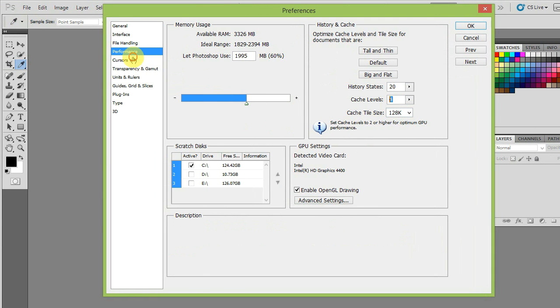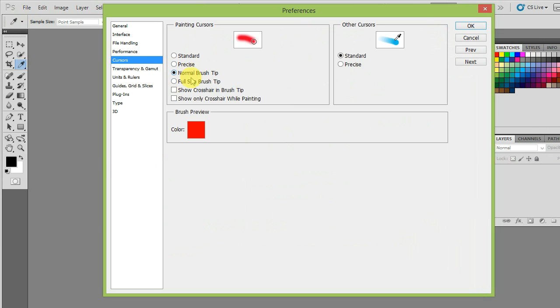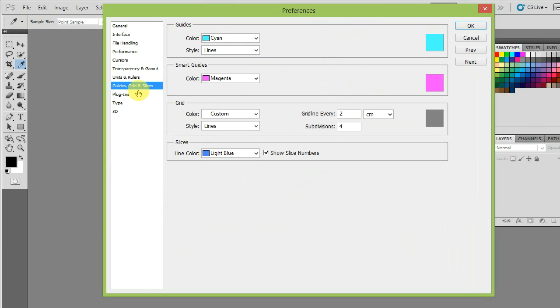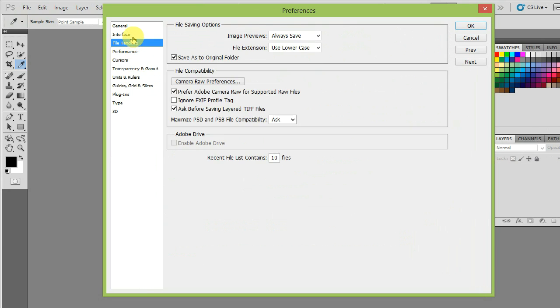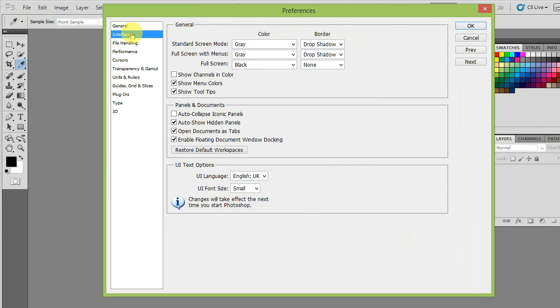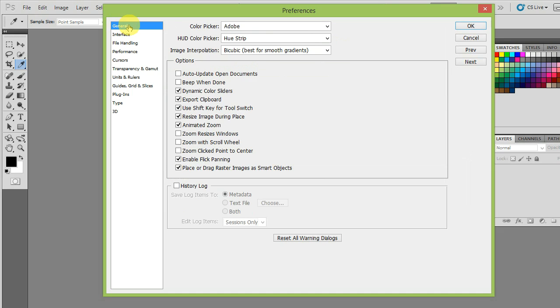Like the same thing, I can change the cursor pointer, graphics, and plugins. If I want to keep plugins like new fonts and everything, I can set them here. These are all basic things. If you are going to an advanced level in Photoshop, these are going to be very useful.